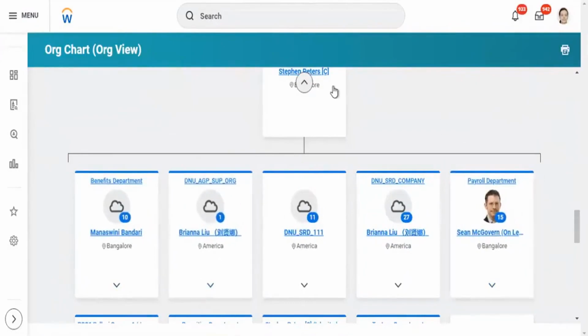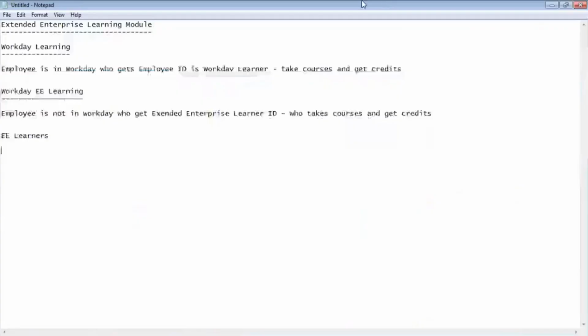Similarly, in the extended enterprise learning model, they may be creating extended enterprise affiliations. What are affiliations?